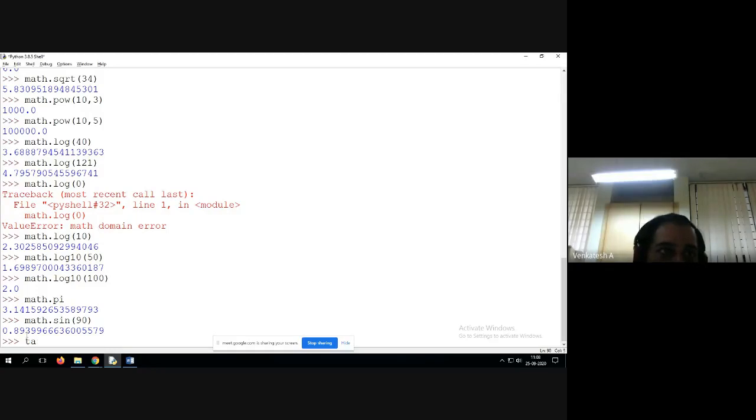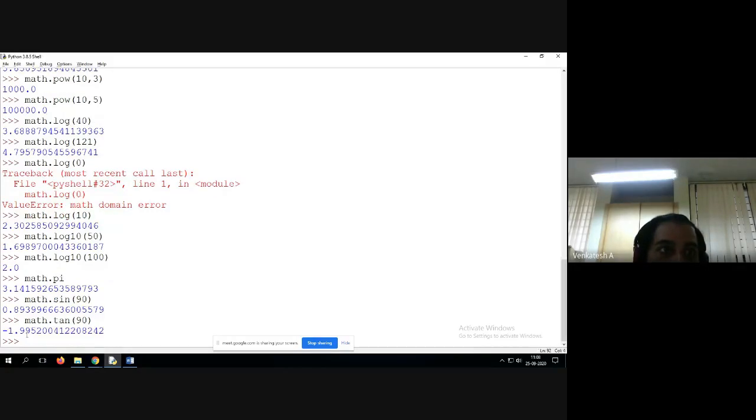Similarly, what is tan 90 degree? I think it's infinity. Let us check what it will display. Math.tan of 90. It is showing a negative value for infinity.